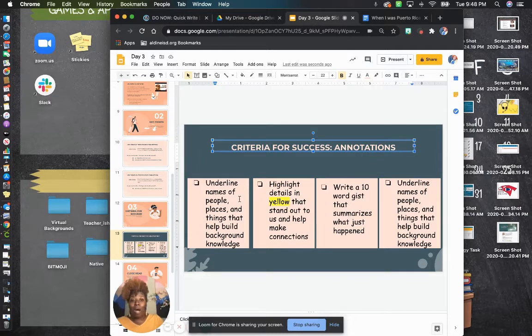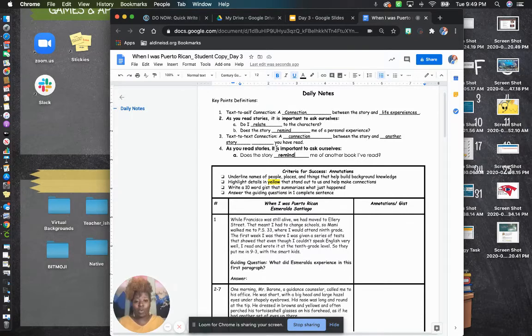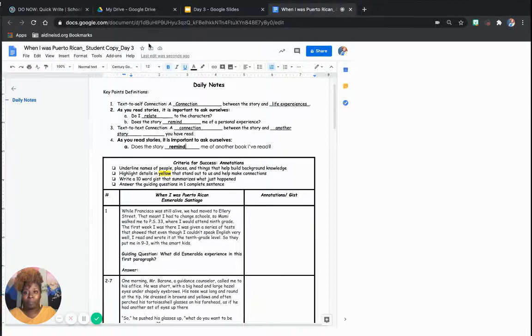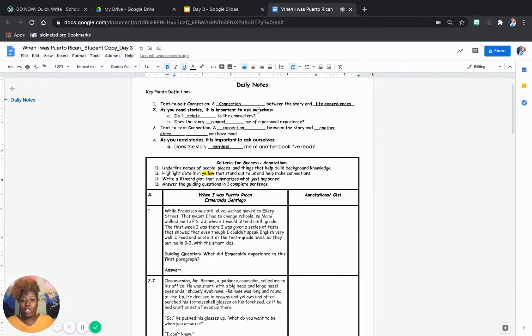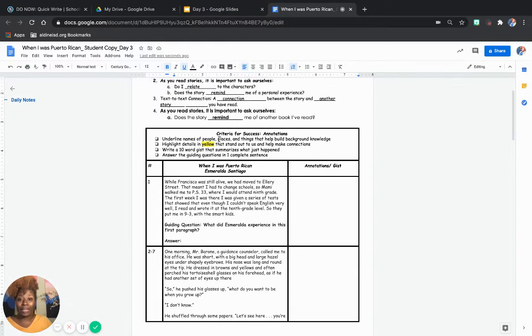Annotations are marks that we make within a story, or a type of written text or piece of literature, it could be a newspaper, what have you, that help us to remember something. If you look on your handout, let's make it full screen, you're going to see the criteria for success right under your daily notes.